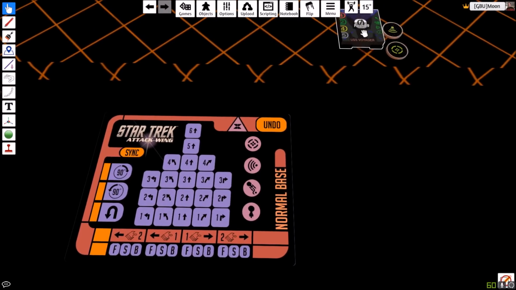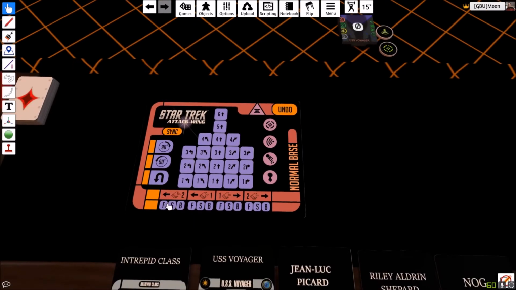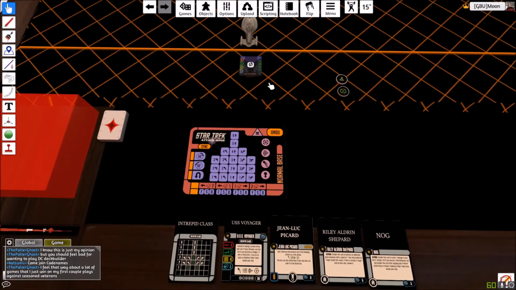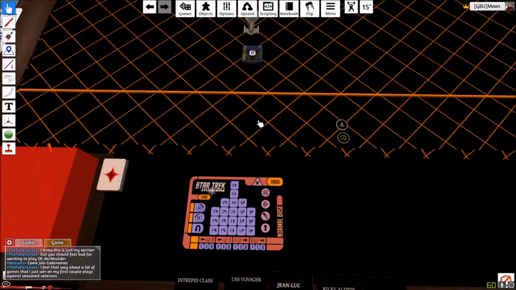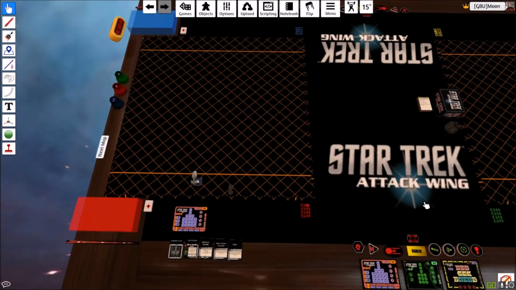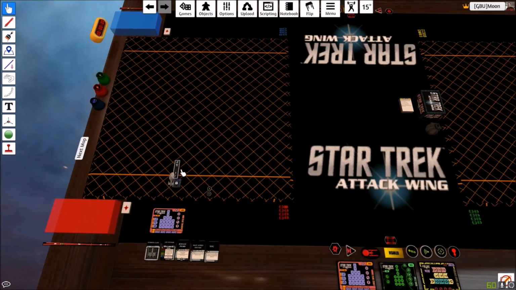So obviously the ship can't do a sensor echo, but if it could, let's say I wanted to do a 2 over and forward, then I would just do this one, and notice it went 2 over and then up a little bit. If that caused a collision, or let's say I did a 2 forward and it caused a collision, what I would do is hit undo and then grab the movement template and stick it in front of it,